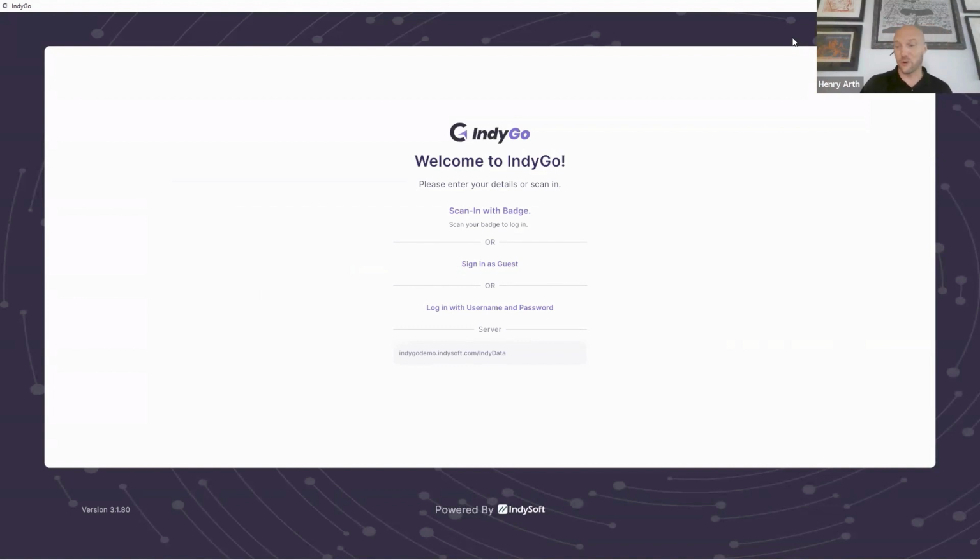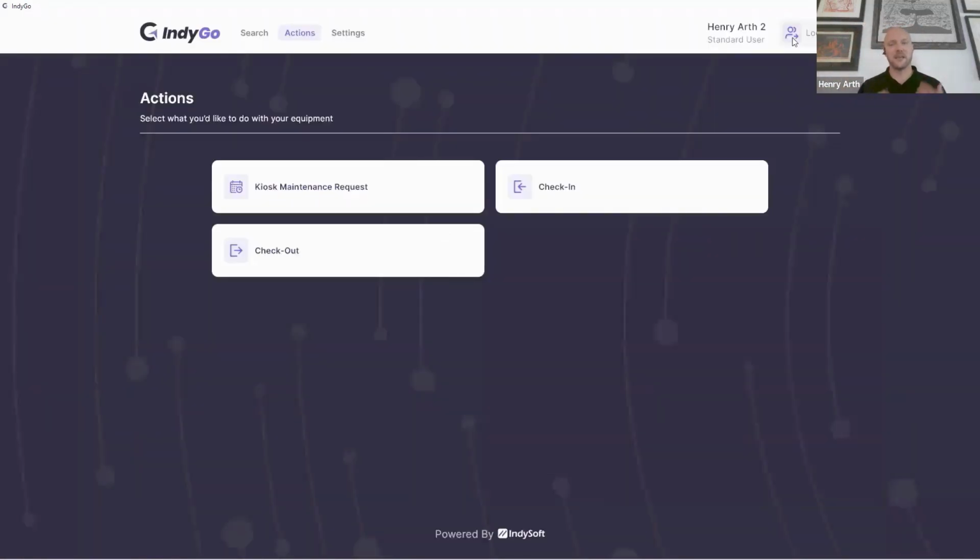Okay, so this can be programmed with low frequency, with high frequency RFID tags. They're not the same tags as what I was talking about previously, because that's a slightly different technology. This is more like for these fobs where you have to get really close to it. So I'm going to go ahead and scan this. I just scanned it, and it's going to go ahead and log me in,